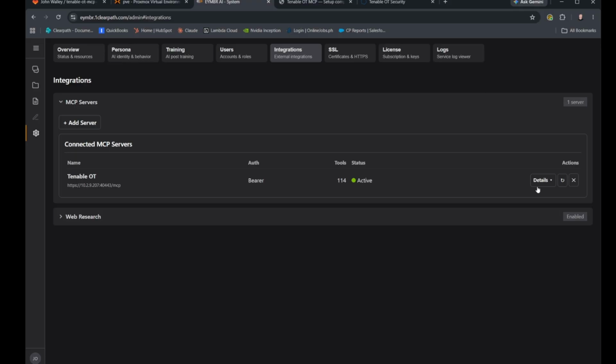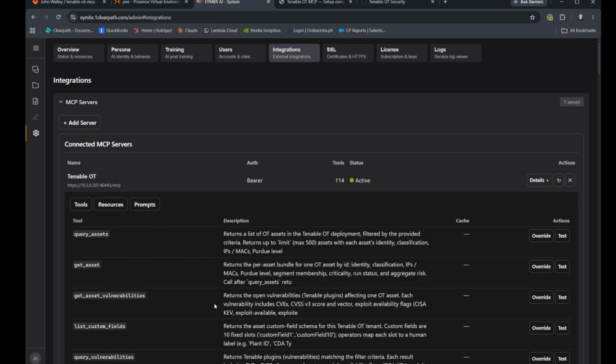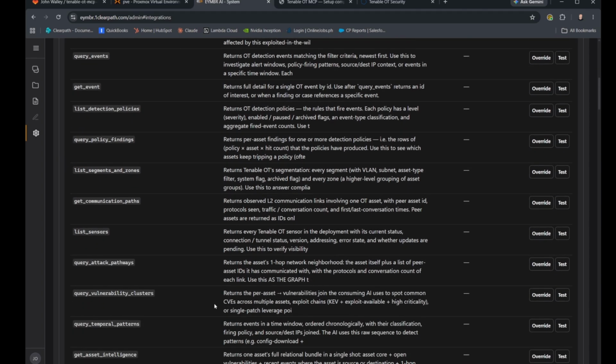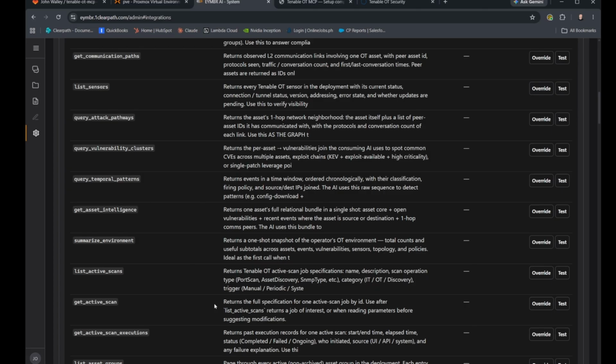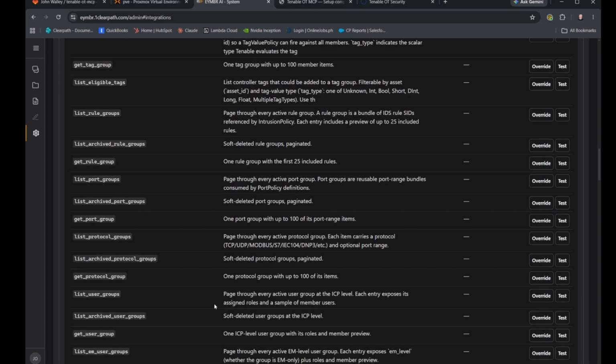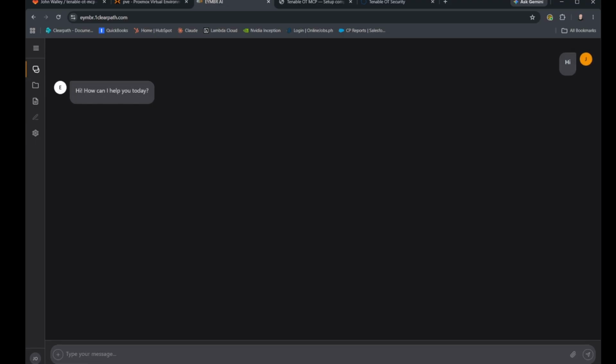What does that mean? Well, if I hit details on this, it will list out every one of these in detail. Like I can query events, I can get events, I can list our different policies, I can modify policies, I can look at any sensors that are connected, I can query attack pathways, and I can do vulnerability clusters. I can figure out what active scans are running. This list goes on and on and on. But for you to see the way it really works, it means that we kind of have to talk to the AI. The first thing I'm going to do is I'm going to go over to chat and create a